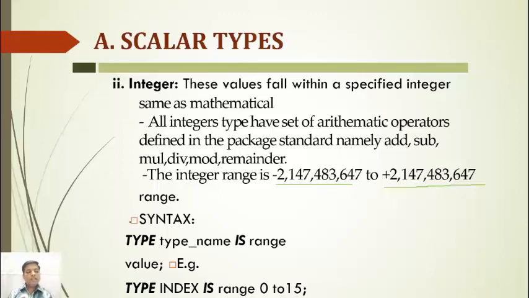Syntax for that: type type_name is range value. For that example, type name of that type, index, is range, that is from 0 to 15;